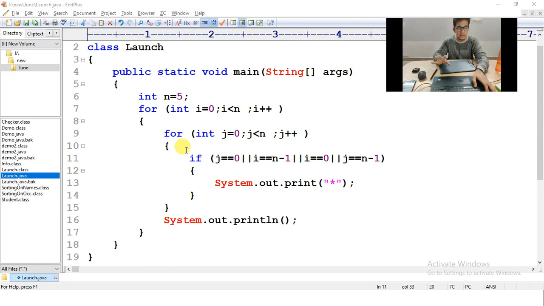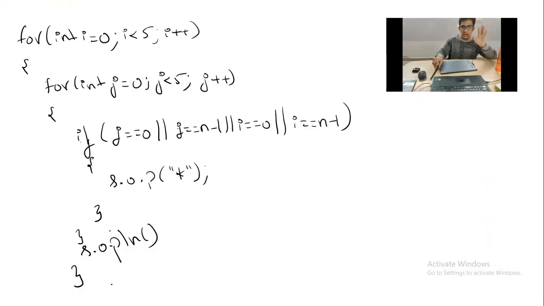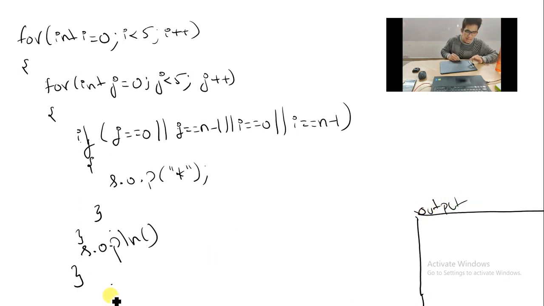Which means if your cursor has to move right, something has to get printed. Now I'll be showing this code. Let me trace this code and tell you what is happening here. This will be my output, and for my tracing, the i and j values will be here. This is my i memory, and this is my j memory. Initially my i and j values are 0 and 0.